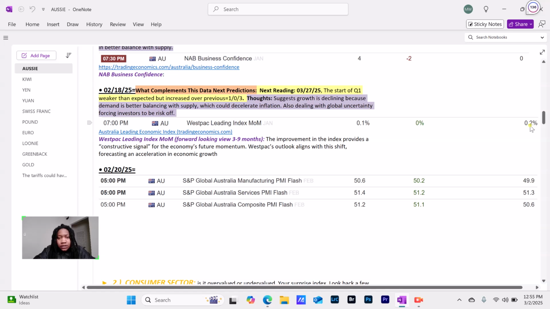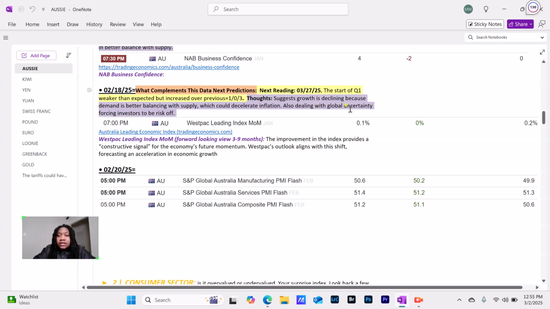It increased over the previous, but not as resilient as they thought. Now, this suggests growth is declining because demand is in better balance with the supply, like we said, which could decelerate inflation. And that's what the RBA, which is the Reserve Bank of Australia, has in mind. They want to see inflation go down, right? That way they can cut